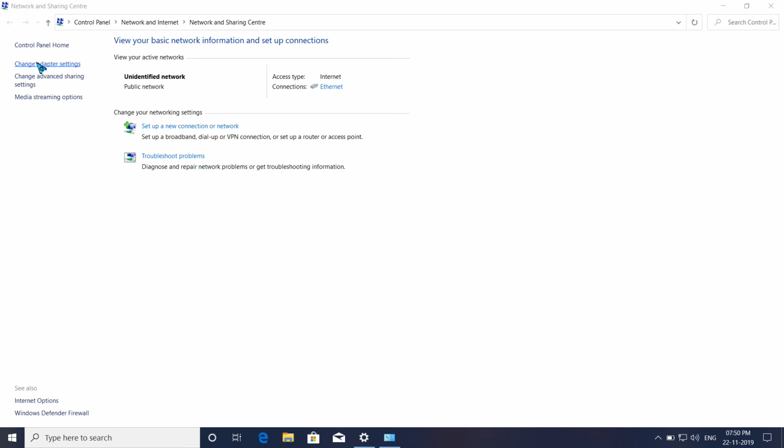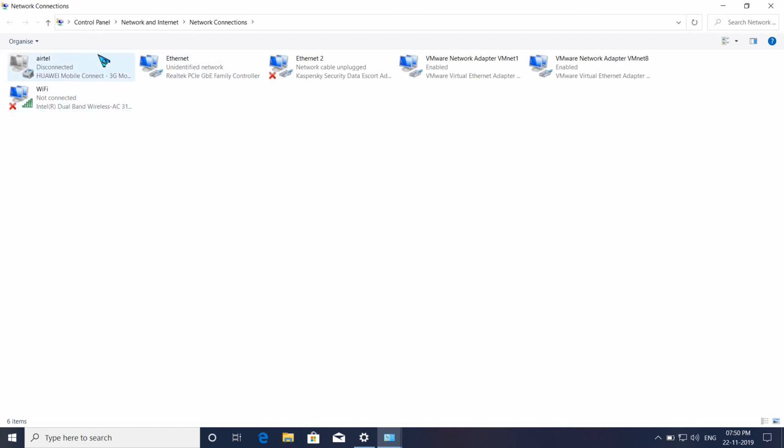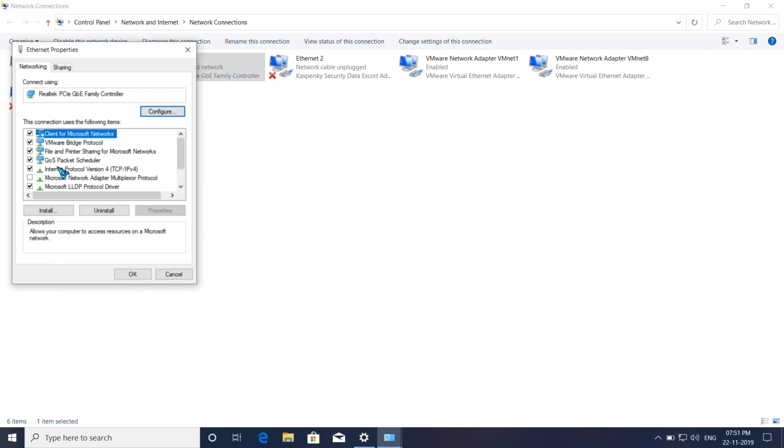After that, select change adapter settings, not advanced settings or anything. Click on change adapter settings. Here some kind of modem will appear. Most of the time this is Ethernet 1, and make sure that you have properly installed the Realtek driver. Use your laptop's user manual to see what kind of Ethernet port your laptop has, and most of the time it's Ethernet 1. Go to the properties here, and click on internet protocol version.